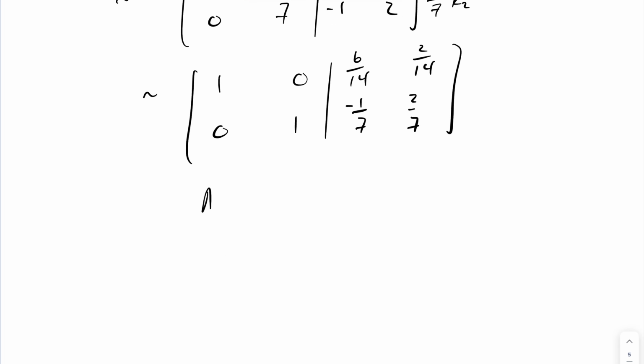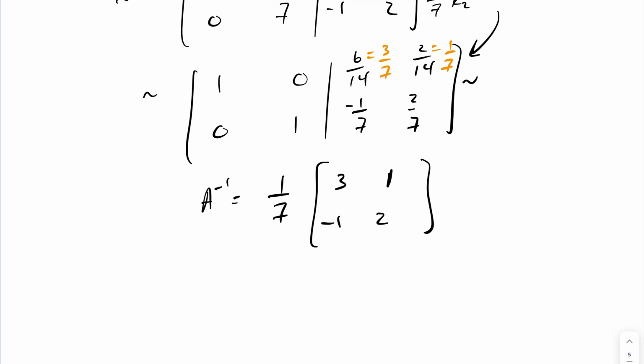And then just to finish this off here, I can reduce matrix A inverse. I can rewrite this as 3 over 7, and I can rewrite this as 1 over 7. And then this is my matrix A inverse right here. This is going to be 1 over 7 times 3, 1, negative 1, and 2. And that becomes my